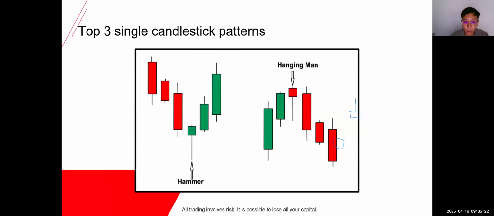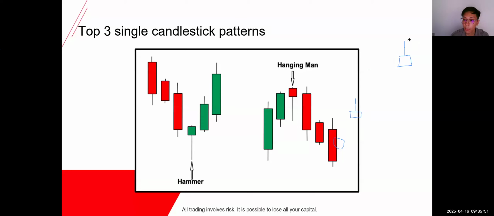Hammer is for bullish, remember? Chanvi? Hammer is for bullish. And then hanging man looks like this, right? While shooting star looks like this. Okay,